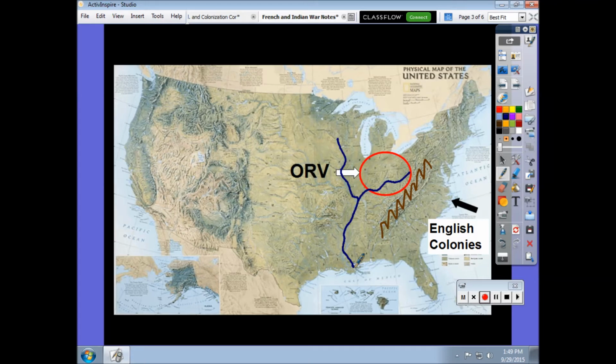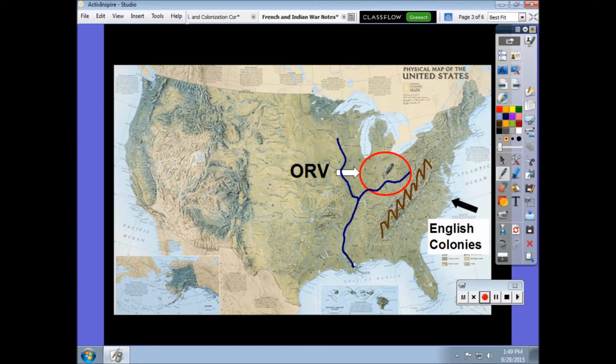But this is a low part. This area is a low area in the geography. Obviously, from the mountains, it slopes down this way. If it were low near the Great Lakes, the lakes would be much larger and would occupy this area, so it must slope down this way.